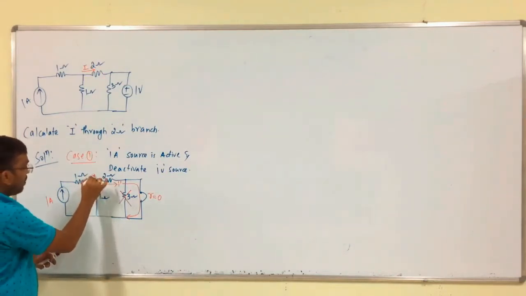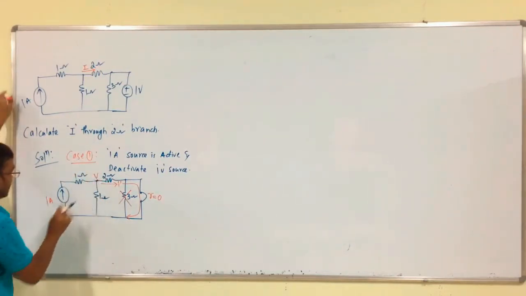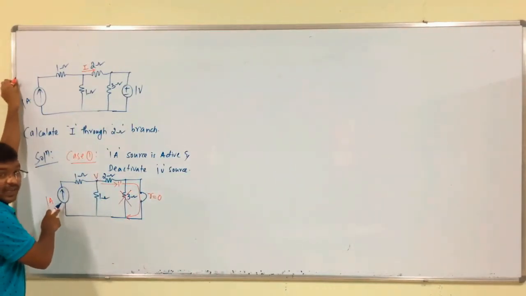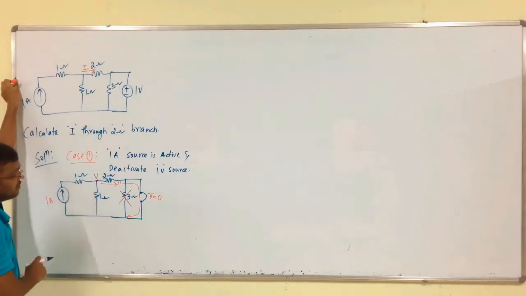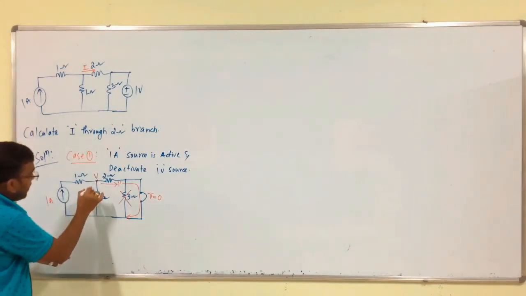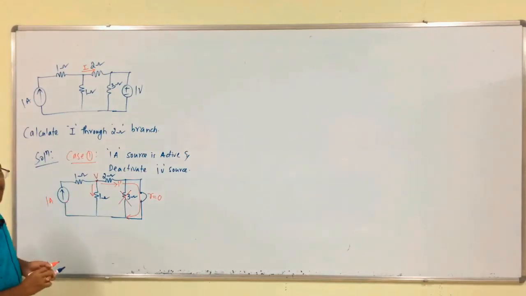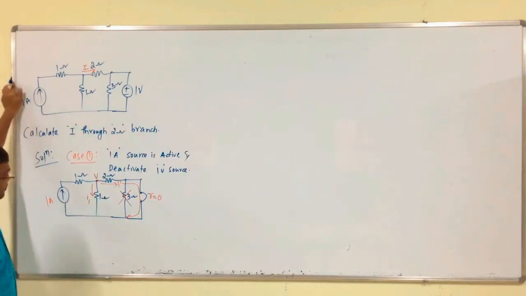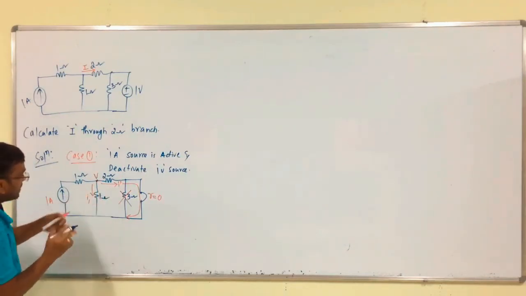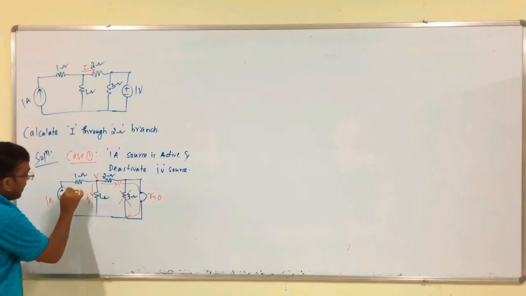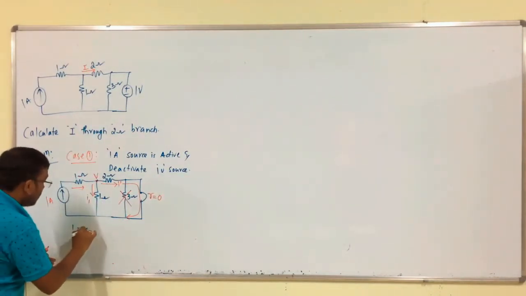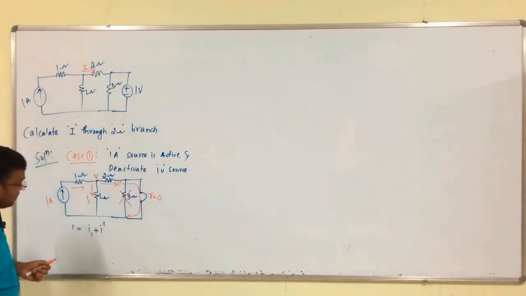So, from this we do not know the value of V. At this node the current is always there, no. Here the current is entering, and from this we can assume the current is leaving. Okay. So, the leaving current is I 1 plus I 1 dash, and the entering current is the given 1 amp. So, 1 is equal to I 1 plus I dash. Okay.